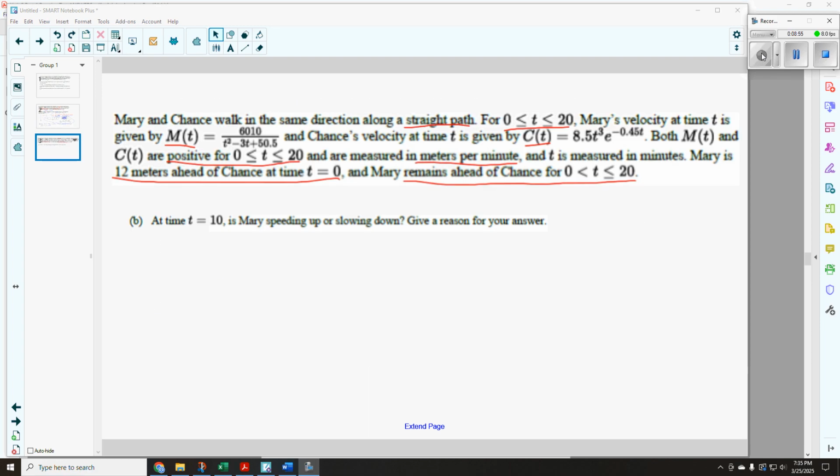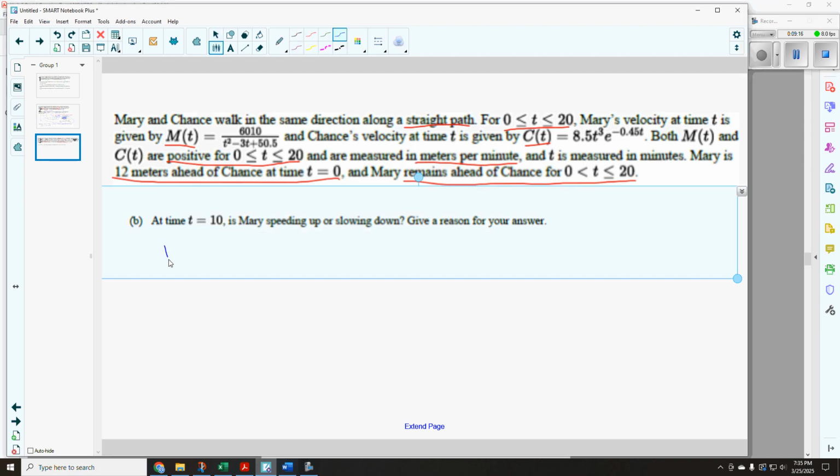Let's take a look at part B. At time t equals 10, is Mary speeding up or slowing down? And give a reason for your answer. So we've got to think back to particle motion, and velocity and acceleration,